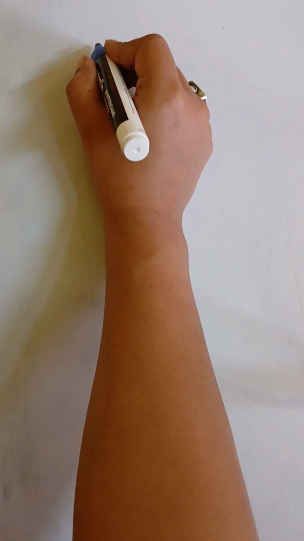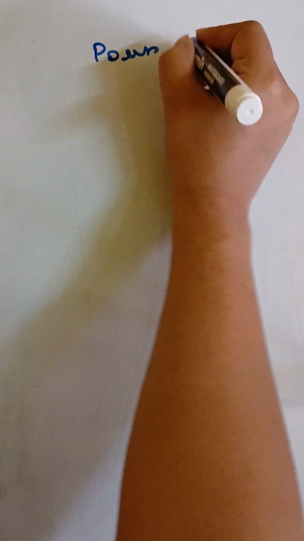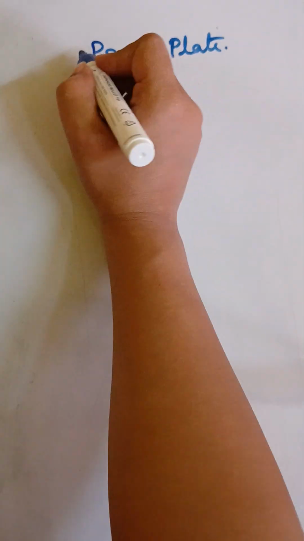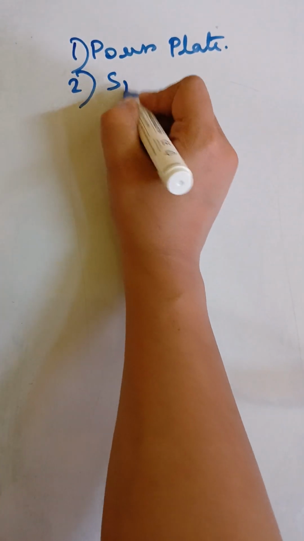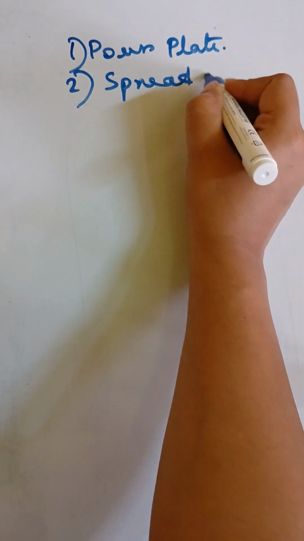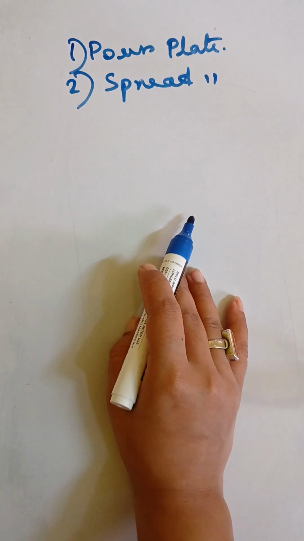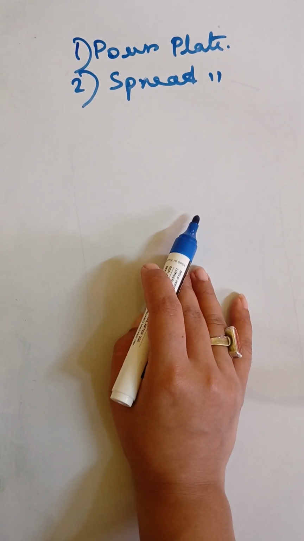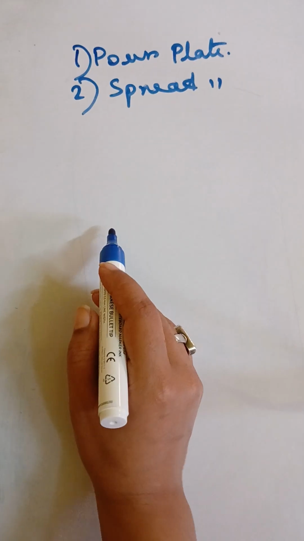So, one is pour plate and another is spread plate. These are two methods, and the third one is streak plate, which I have already discussed in my previous video. Now, in case of the pour plate method,